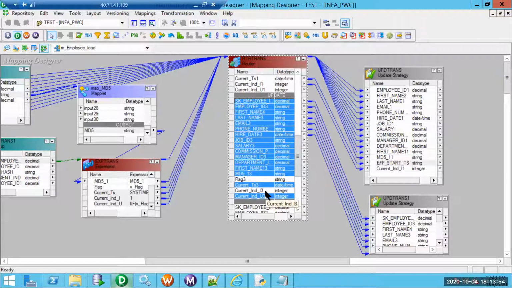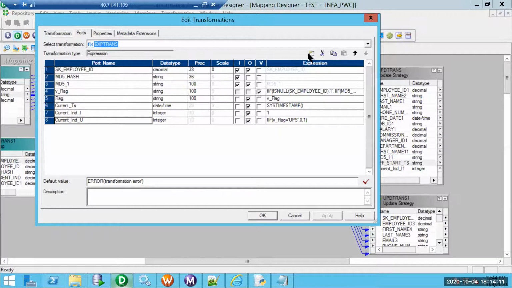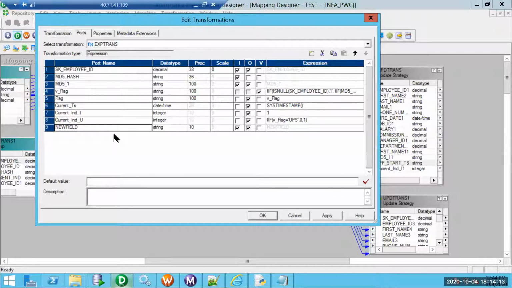That is only required when we are populating the insert flow. One more thing we need is I'll populate the effective end date also, EFF end date, same logic.